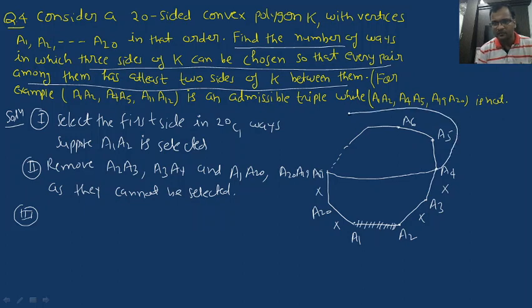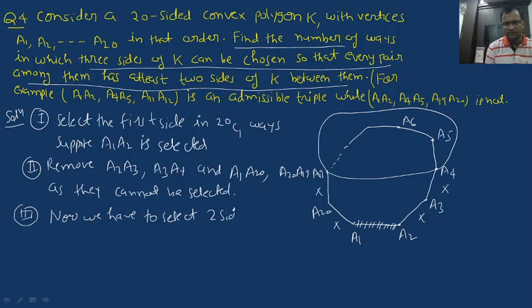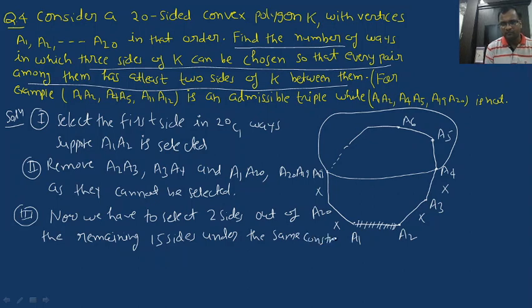There are 15 sides remaining and we have to select two sides under the same constraint. Then the number of ways to select two sides